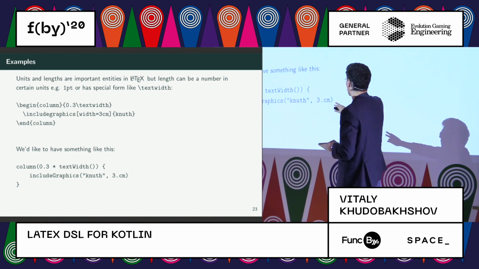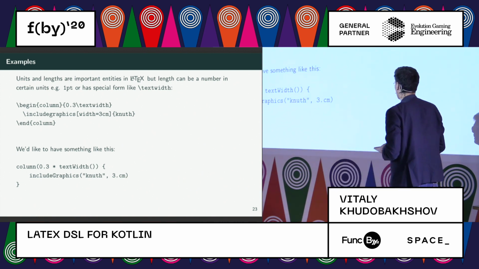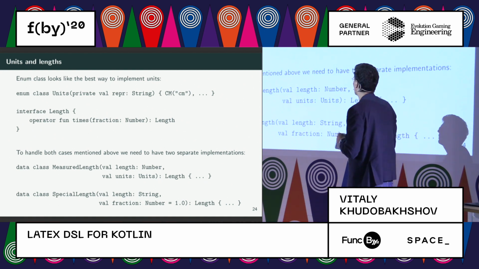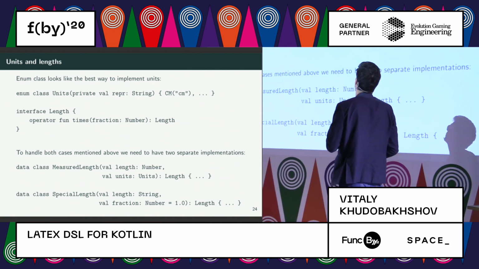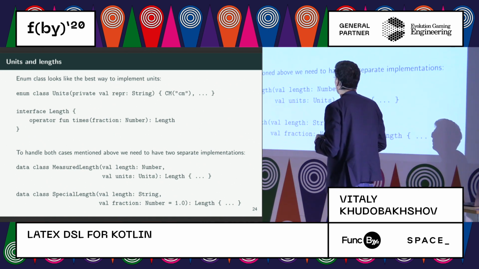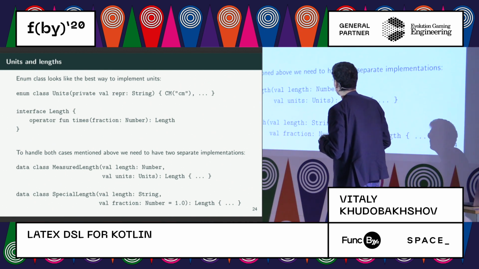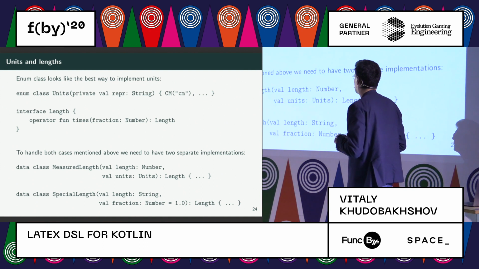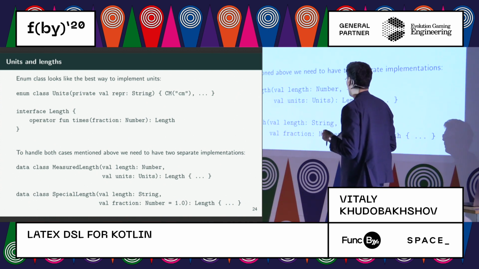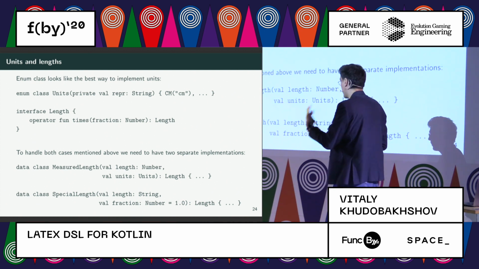It looks reasonable because this code has absolutely the same semantics as the first one. But it's really easy to do that in Kotlin, and it will be a very beautiful solution here. So we need to introduce a Length interface with operator times, which allows us to multiply from the right by a number. I mean, double or integer or something like that. And to handle both cases mentioned above, I need to implement two separate lengths. I mean, a measured one with units and a special one if we are going to multiply by a string, really, because